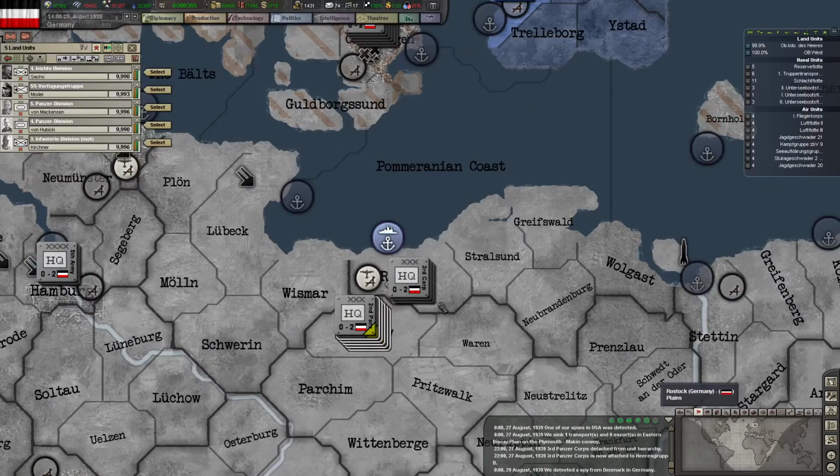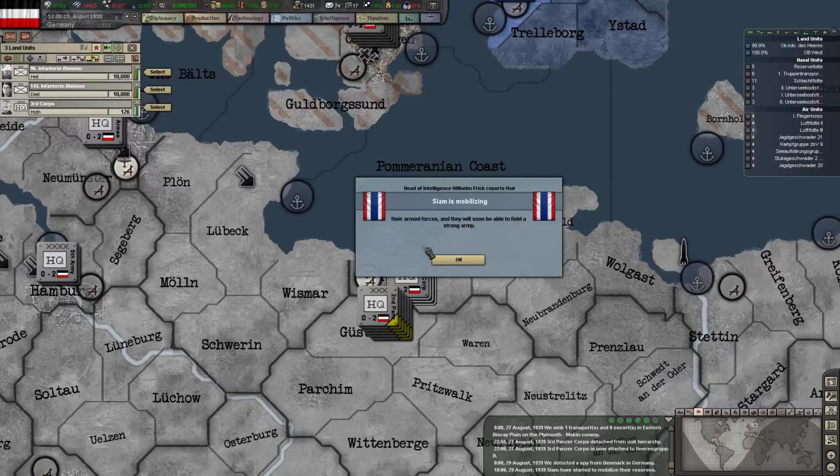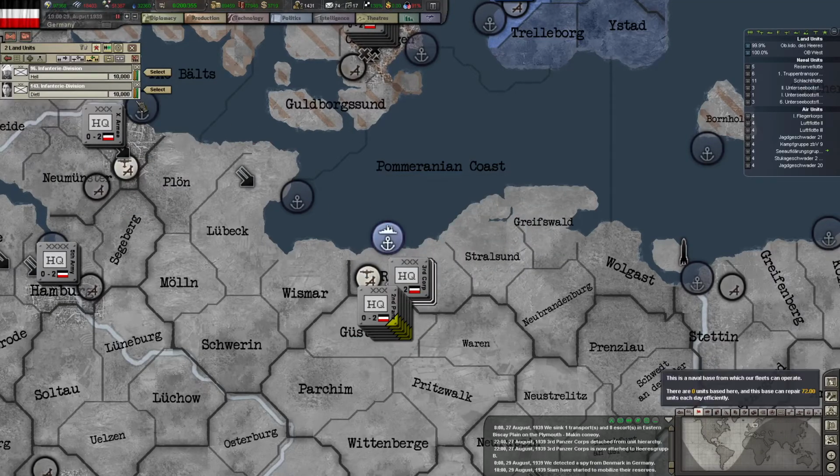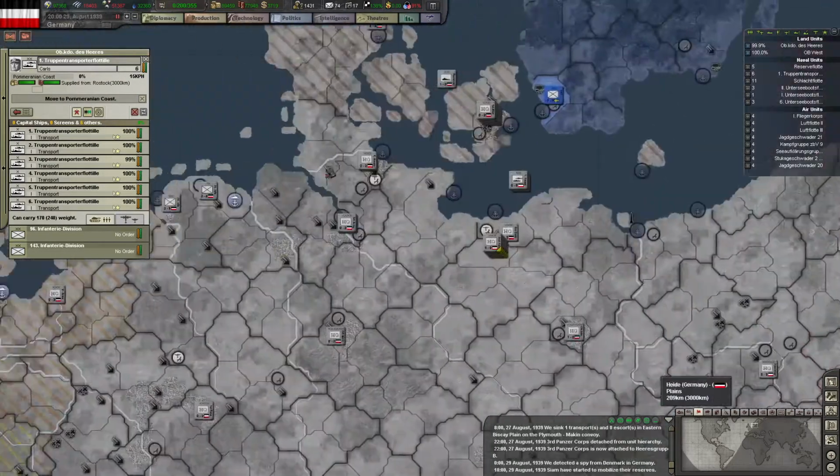Just going to move these. Actually, I'm just going to move the entire corps there. And the infantry over here is good to go. So what we're going to do is we're going to have these in a ship. Move in there. Can we get the...